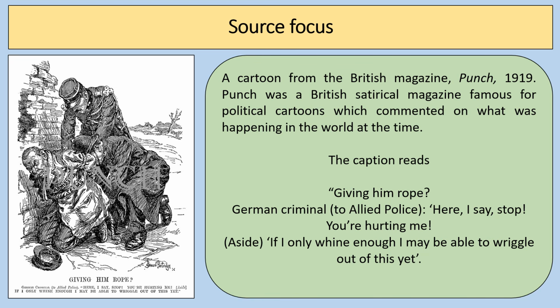So certainly the attitude of countries like Britain and France in particular to Germany in 1919, in the immediate aftermath of the First World War, was very much about punishment and not trusting Germany. And obviously international relations at that time were pretty frosty, and although those would improve certainly in the 1920s, it's important to think about what the attitudes were like in terms of international relations in 1919.